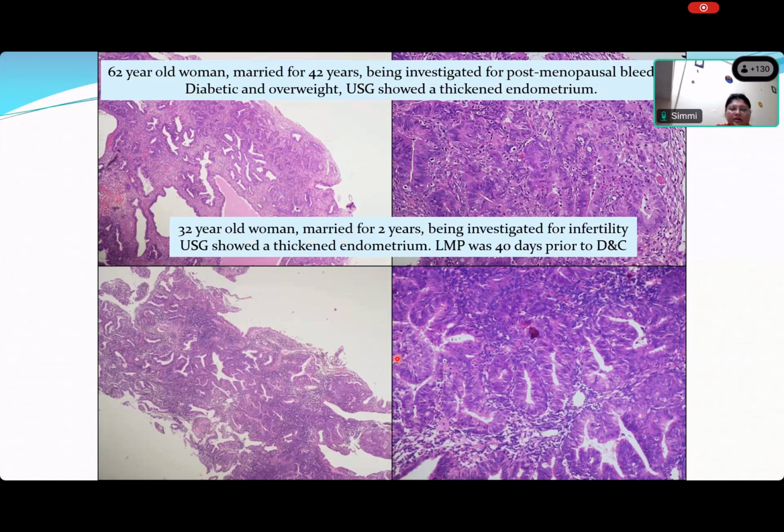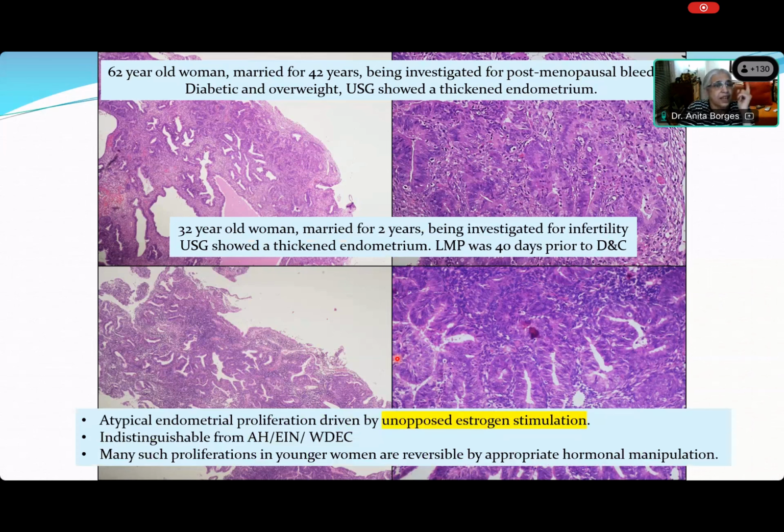Yes, ma'am, we can think in terms of proliferative endometrium. So this is just a proliferative endometrium in the study, on the left side. It is all the same endometrium. It's just different parts of the same endometrium. So what are you going to say? Proliferative endometrium shows you all this branching and all that, Simi. No, ma'am, there is certain amount of atypia in the sections on the right side. I know that. So are you going to change your diagnosis, whether it is a 62-year-old or a 32-year-old? And the answer is no.